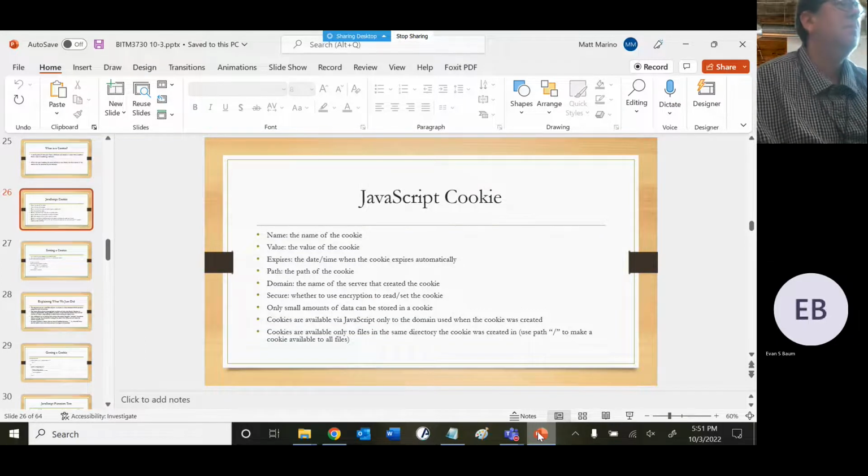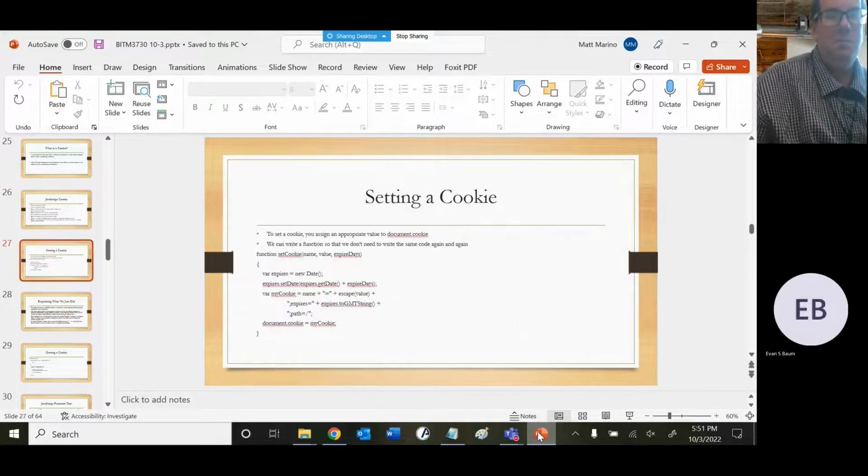So that's why a lot of web browsers have the incognito function. You can go through that and it won't necessarily block the cookies, but it's not going to download them to your computer. So setting a cookie,